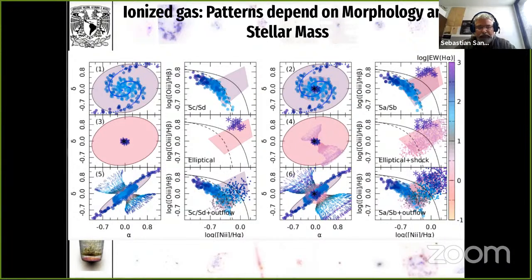If you go to the article, I outlined a sequence of what you should do to classify the ionization in galaxies, up to a certain point, because there are things that we still don't physically know, what produces the ionization, or if there is a single reason. So the first is that if you don't have spatially resolved information, the most you can say is that something is dominated by star formation or dominated by an AGN